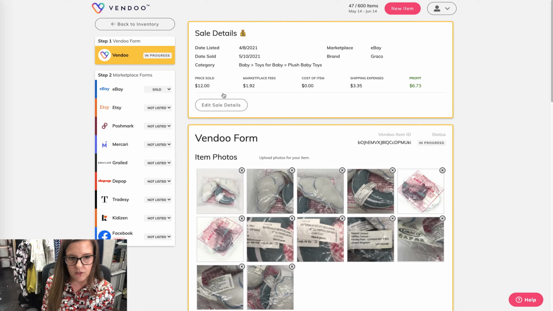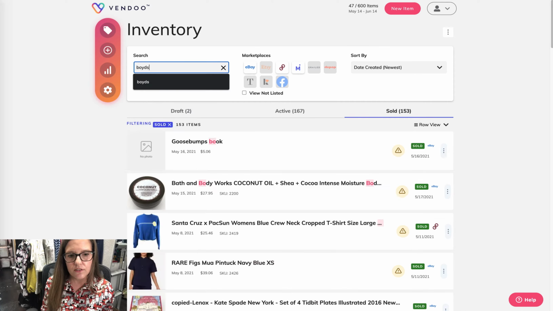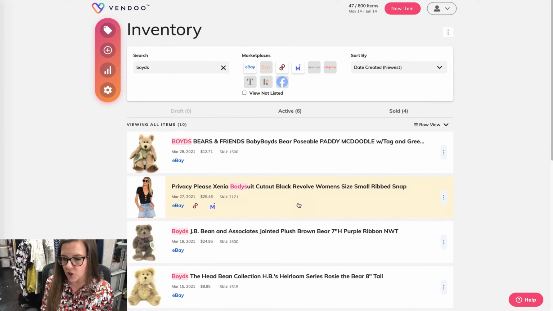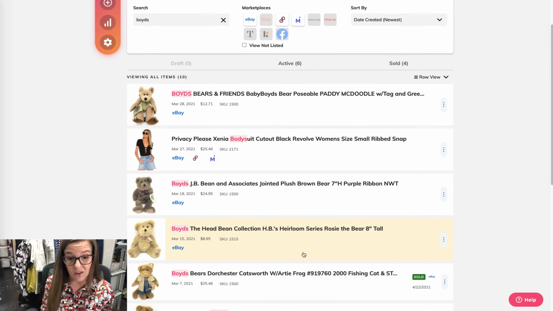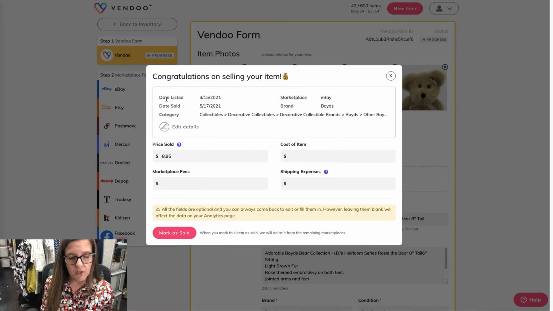All right, so I'm just gonna do this again. I go back to inventory. This was a Boyd's Bear. This is also kind of a triple check to make sure. This is Rosie. Where's Rosie? To make sure that I took it down, because sometimes I don't and I forget. Like maybe this guy. So I go to sold, mark as sold, and here I'm gonna put in what it